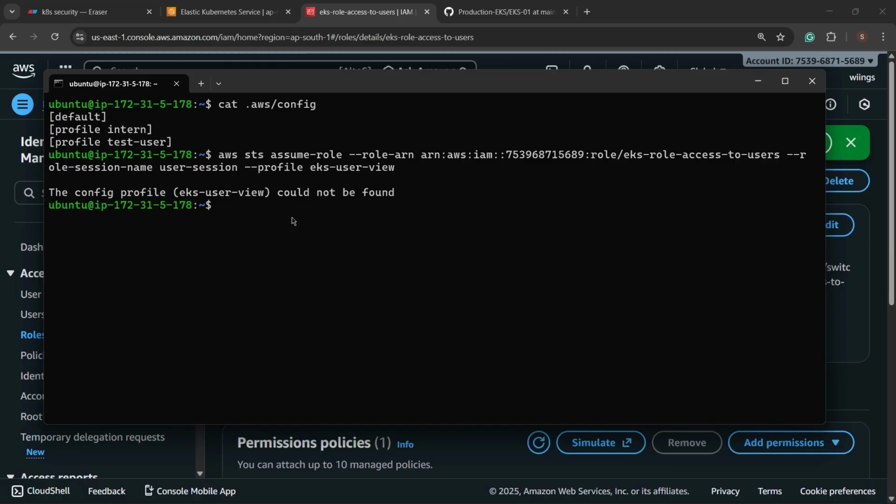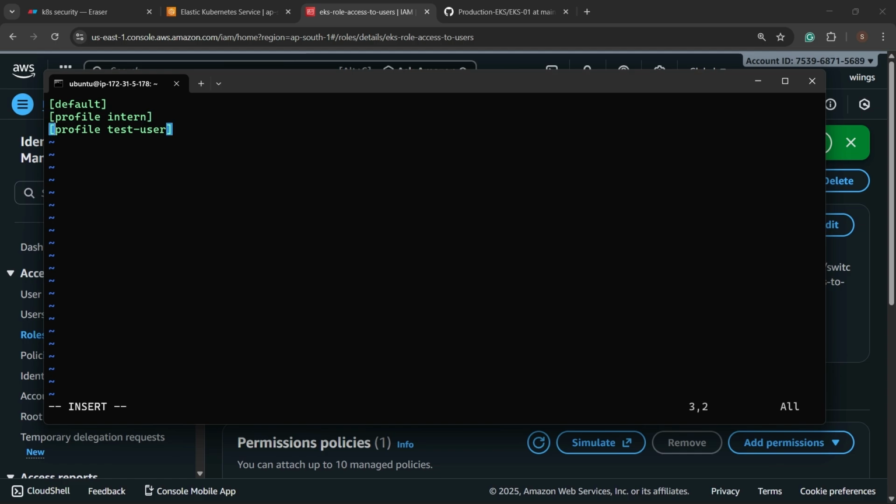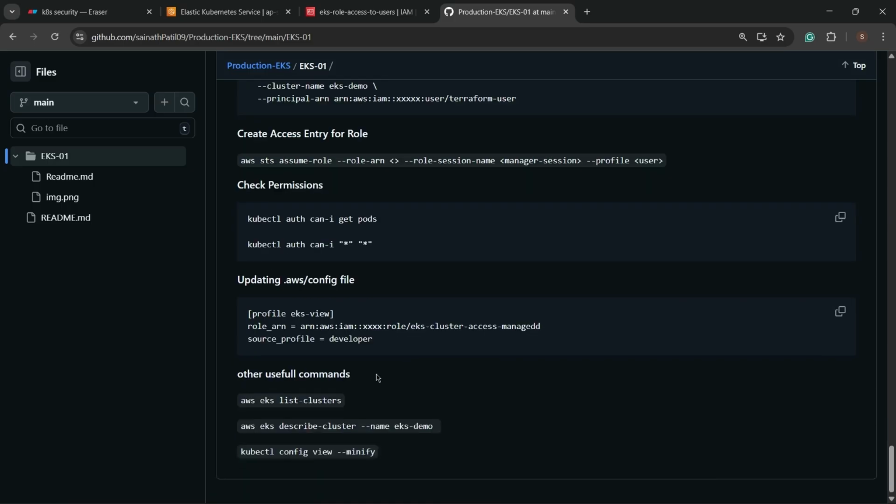Oh, we are getting this error because we need to manually update that. So for that, you need to go to this, and here you need to add that first profile. How to add that now? Vim .aws/config, come over here, and add a profile. Profile EKS user view, and which profile will assume this role? Now take the source profile,